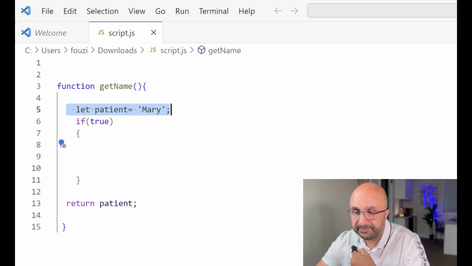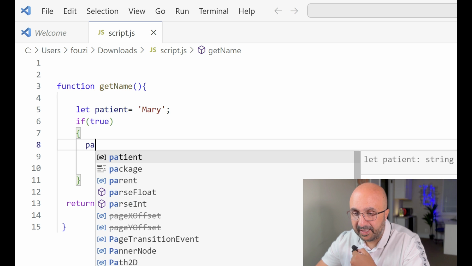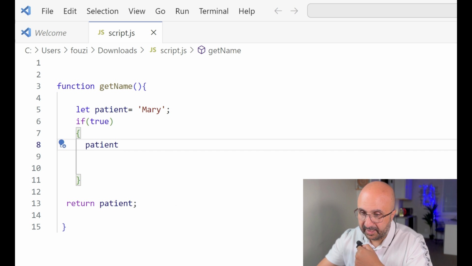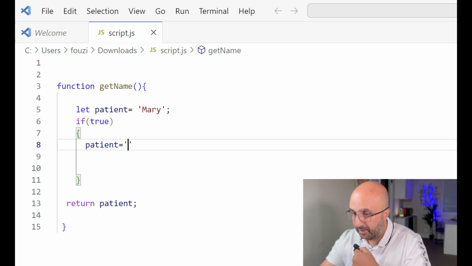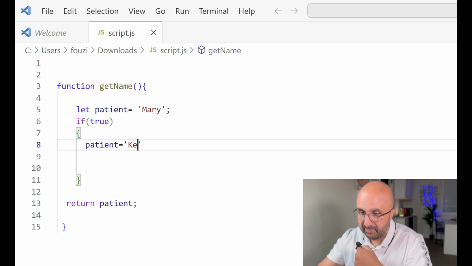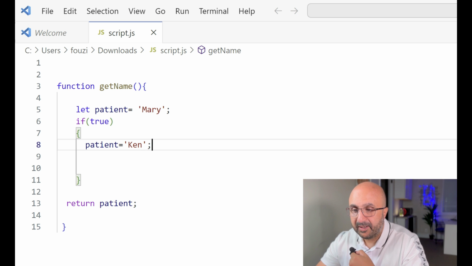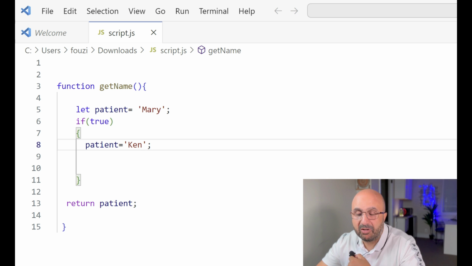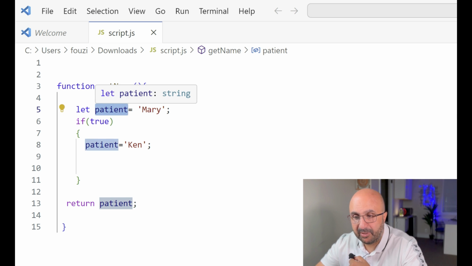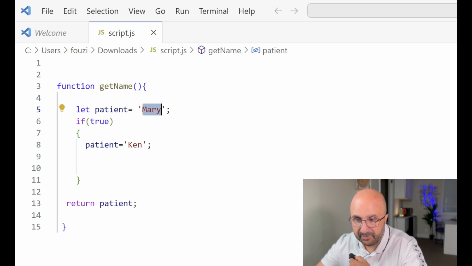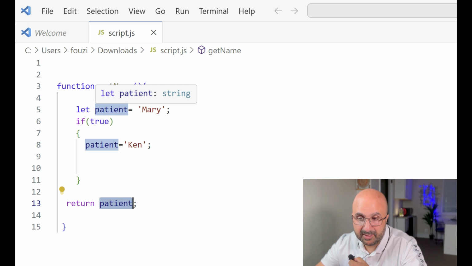If you move this in here, right, you moved it here, and now you did whatever you wanted with it, as long as it's declared above it, we're in business. So you could change it to Ken, for instance, right? As long as you do that, you're not going to have a problem because it's true. What's going to happen at the computer level, at the browser level, it's going to process the data. It's going to come here and say, oh, I have something called patient and the value is Mary. Then if the condition is true, it will go in here and say, oh, no, patient is now Ken. And then it's going to return that patient because it's been defined